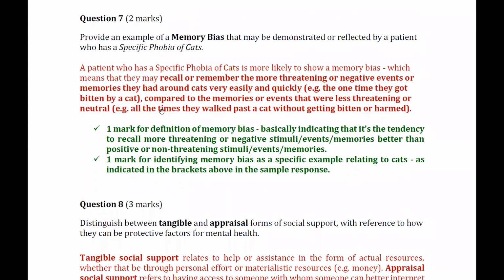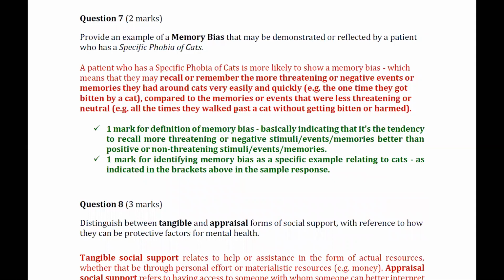Okay, question 7: provide an example of a memory bias that may be demonstrated or reflected by a patient who has a specific phobia of cats. For this question, we're not requiring you to give me the definition of memory bias, but it's more about you understanding what a memory bias is and then applying it to someone who has a specific phobia of cats. So I've just written here, a patient who has a specific phobia of cats might show a memory bias such as